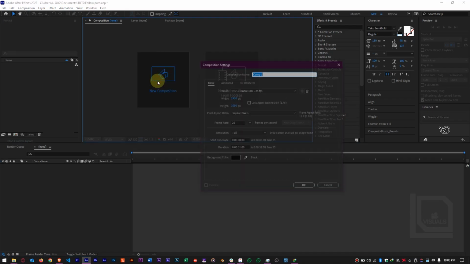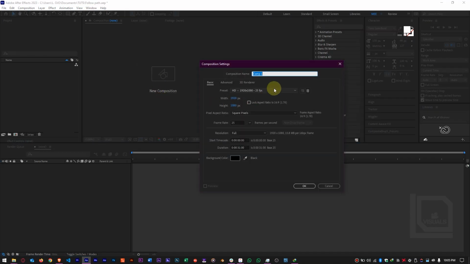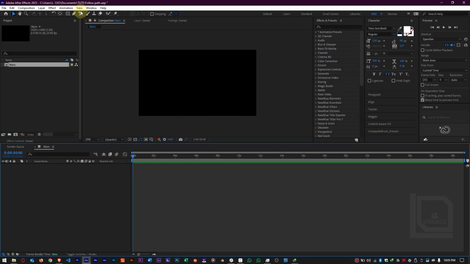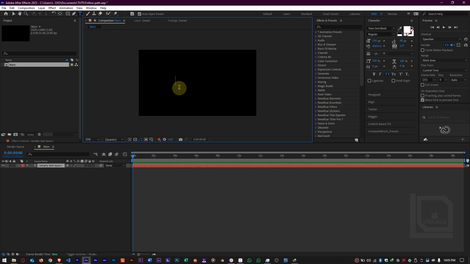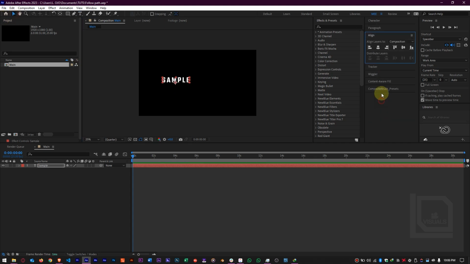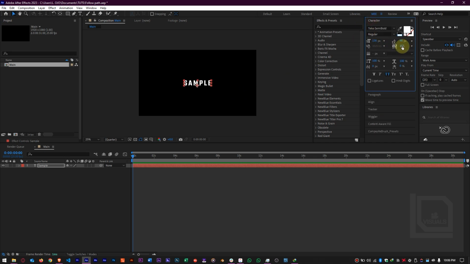Now the first thing we want to do is create a new composition. Let's title the composition main. We want to create a text. It can be anything really. It can be sample. Sample is a good text to use. Okay, so once we have that,